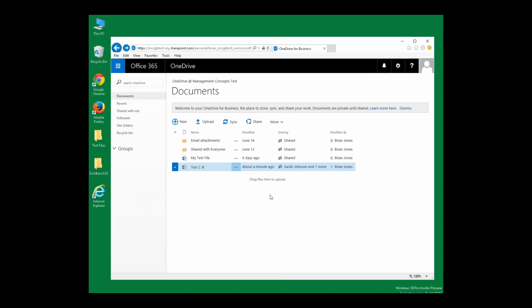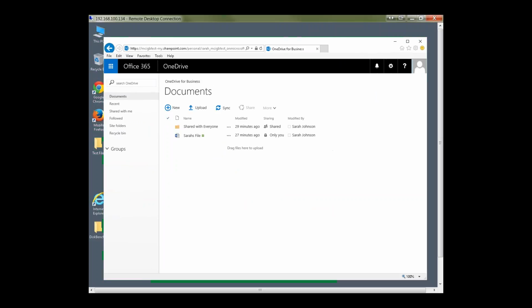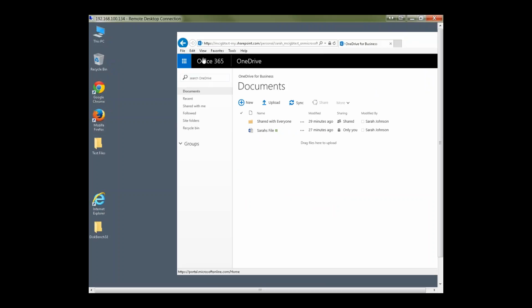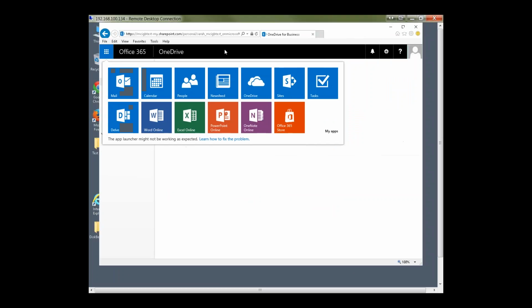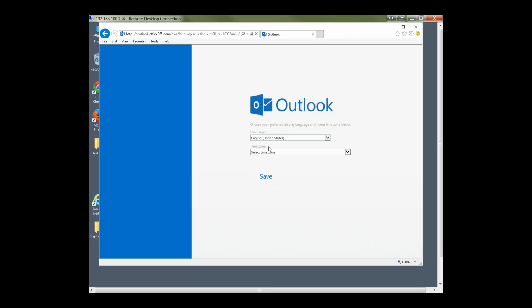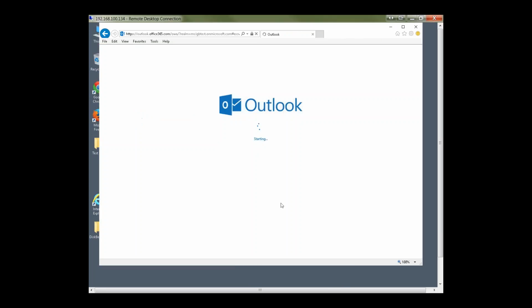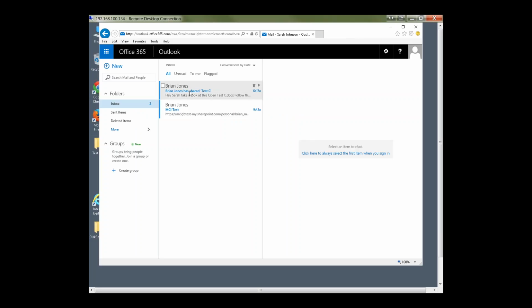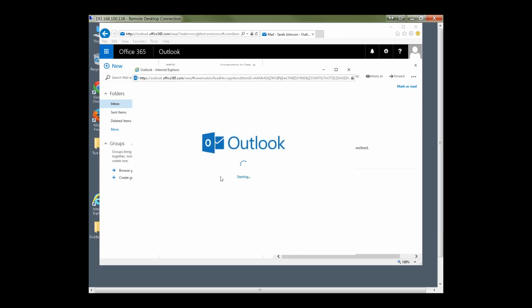And Sarah Johnson would get an email. Let me bring that other screen in here. This happens to be Sarah Johnson. If I go into Sarah Johnson, we'll just do this through mail here. I'm logged in as Sarah Johnson in her Office 365. Oops, and I didn't log in ahead of time, so Central Time, we'll save. I should have an email sitting in her mailbox with a link to that document. And there I do, so if I go open that up,